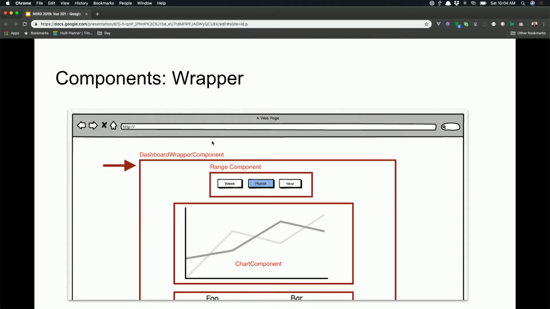So we're going to start with the wrapper. The wrapper component is going to be where I focus on what I want the overall page to do when it loads. I want to put my Axios request calls. Axios is like what we did with jQuery with Ajax calls. So we're going to use Axios for our calls. And the wrapper is going to be where I start to put all my other components. And so what that means